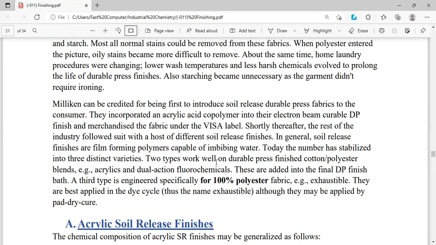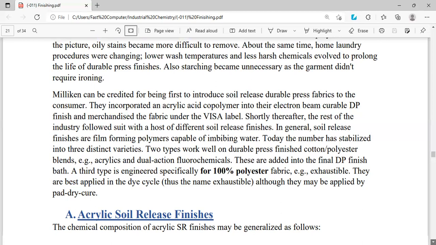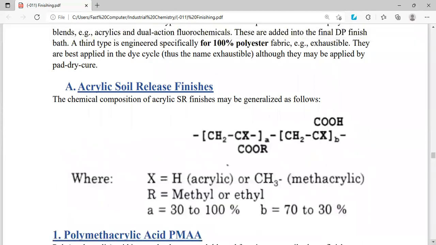Today, the number has stabilized into three distinct varieties. Two types work well on durable press finished cotton polyester blends, for example, acrylics and dual action fluorochemicals. These are added into the final DP finish bath. A third type is engineered specifically for 100% polyester fabric, for example, exhaustible types. They are best applied in the dye cycle, although they may be applied by pad dry cure. Now we will discuss acrylic soil release finish, the chemical composition